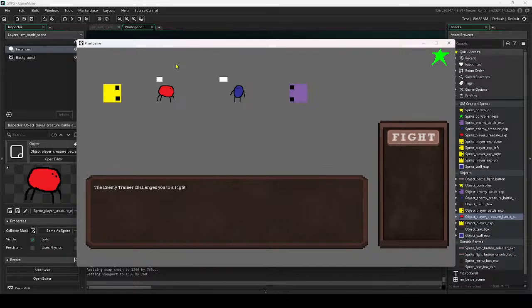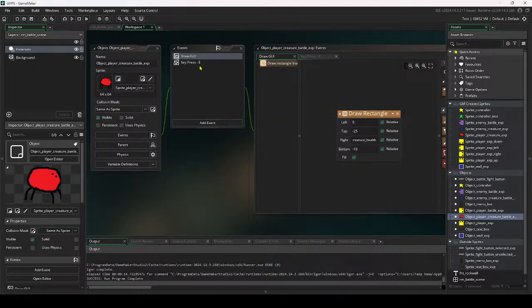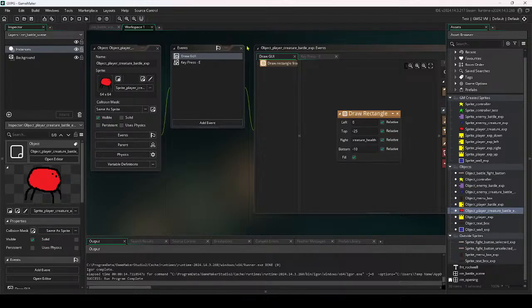So we can. Health bar is working. And I say working, of course, if it isn't. I mean, it's the most basic scuffed thing in the universe. But